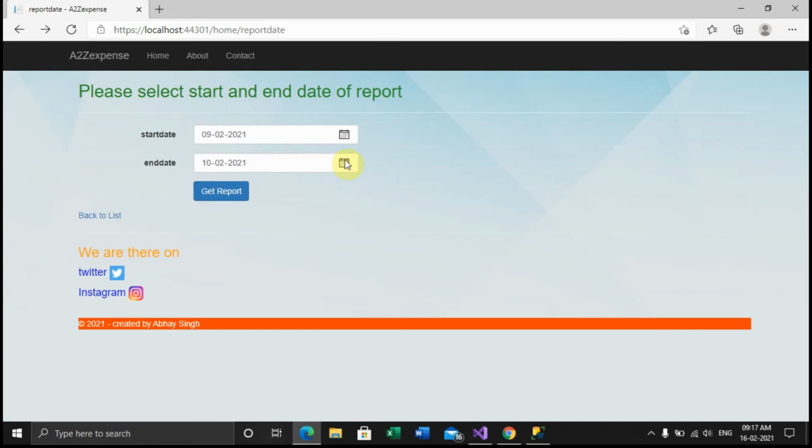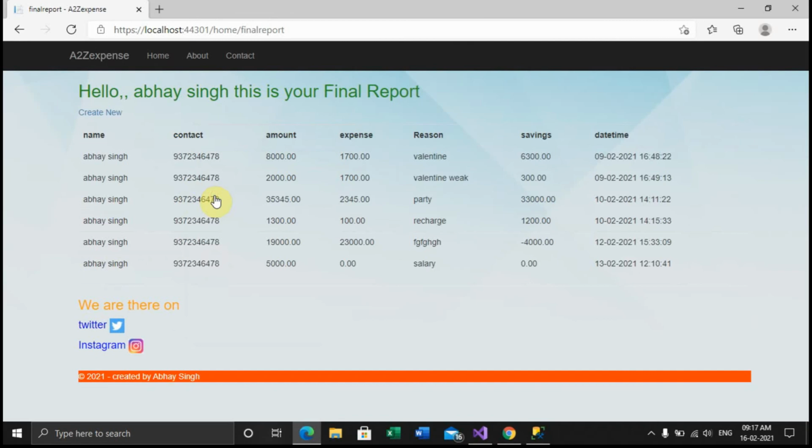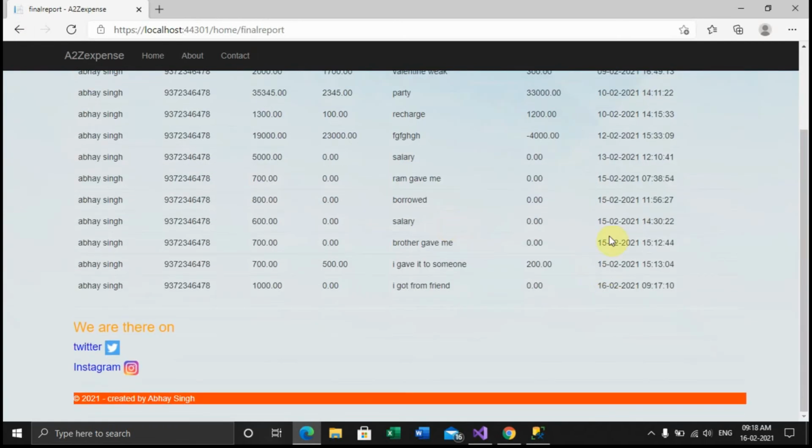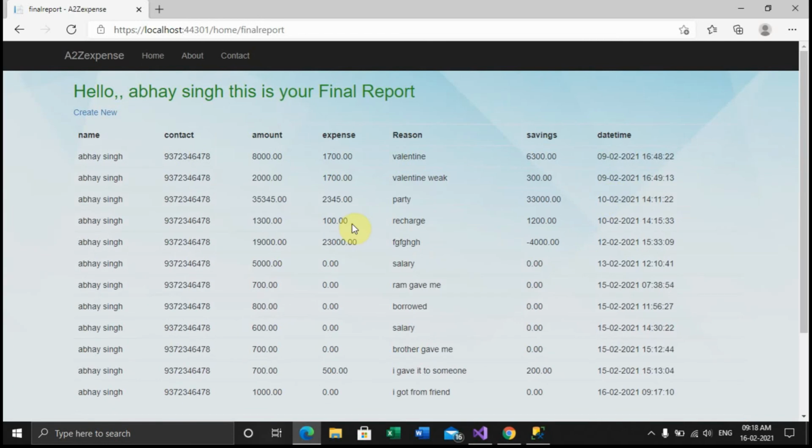If I change the date to 15th and click on get report, it will show me more expenses up to 15th. Again I go back and change the date to 18th, and it will show me everything till 18. So based on the date, it shows a page saying, hello Abhay Singh, this is your final report.